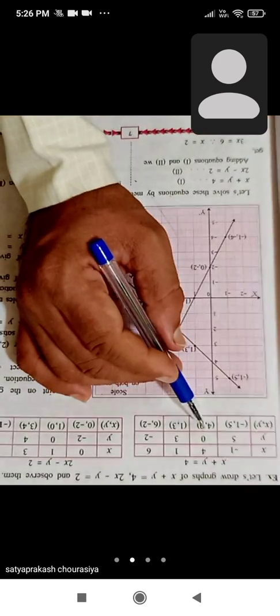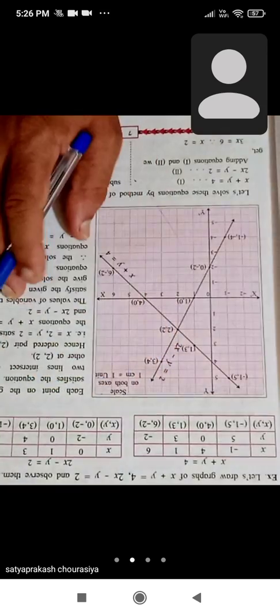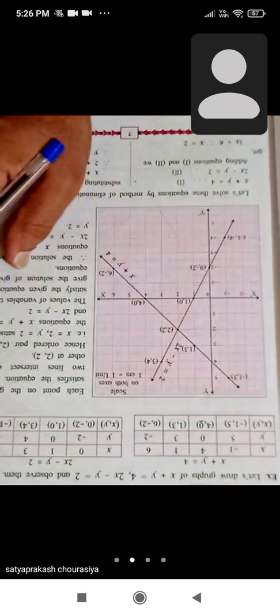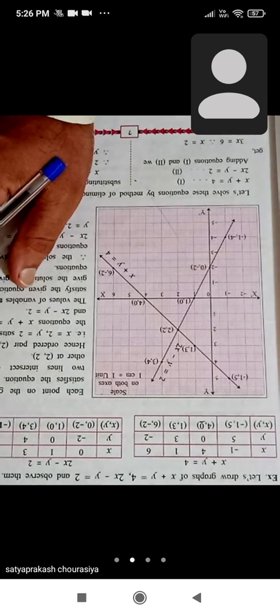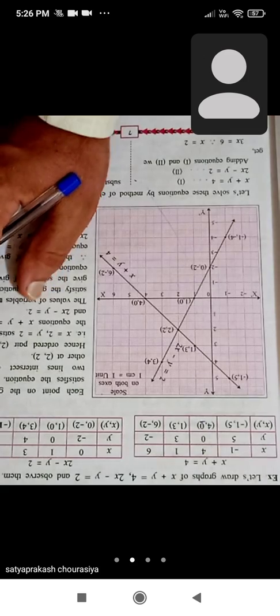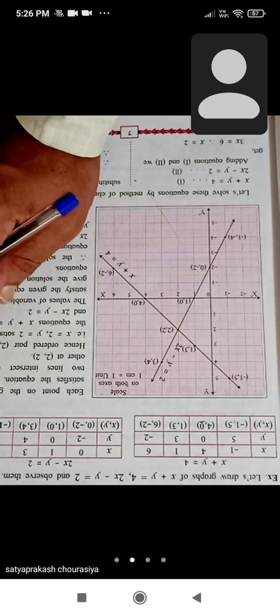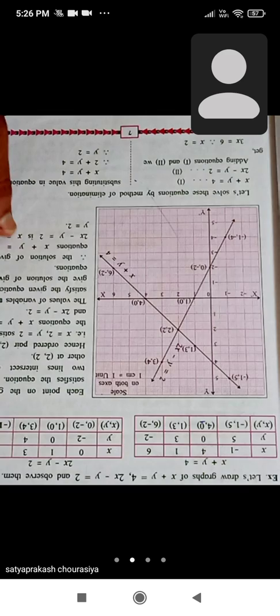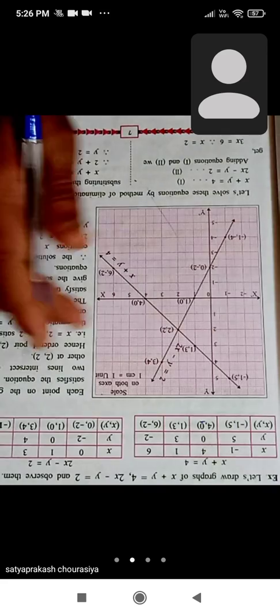Now the second point is (4, 0). Now see, whenever one of the coordinates of a point is 0, it means that the point lies on one of the axes. That may be present on the x-axis and that may be present on the y-axis. Okay, now see here,